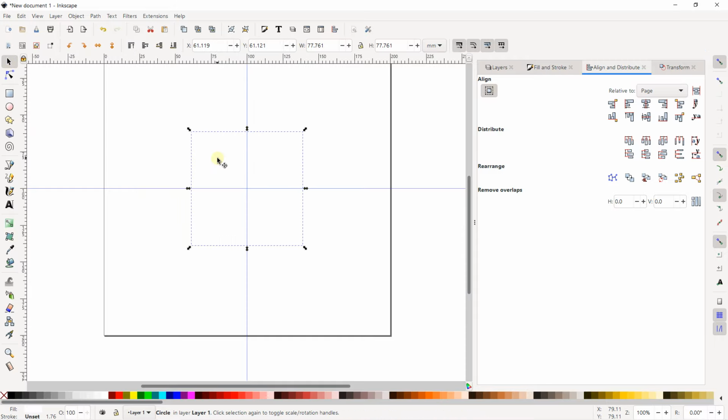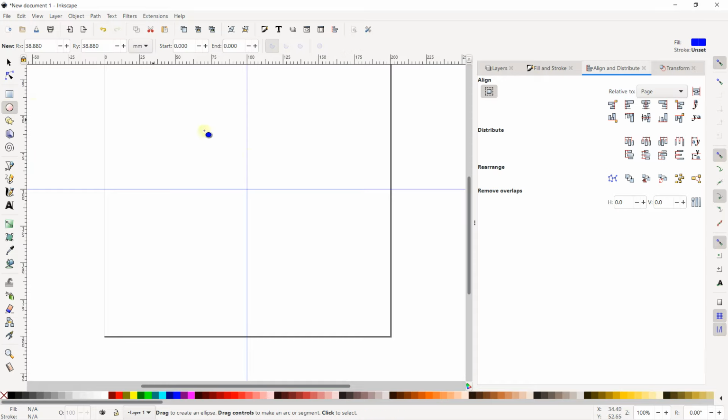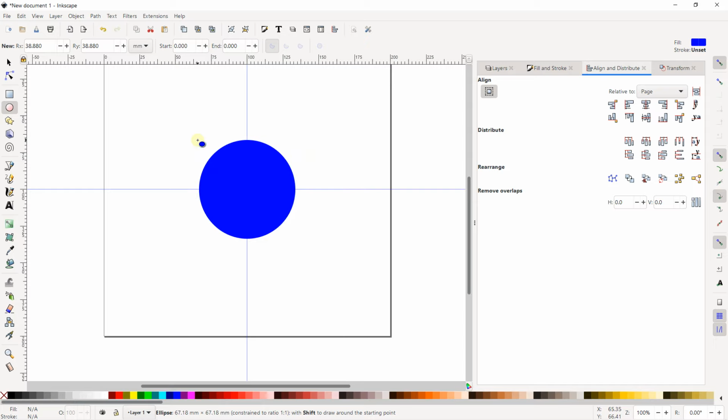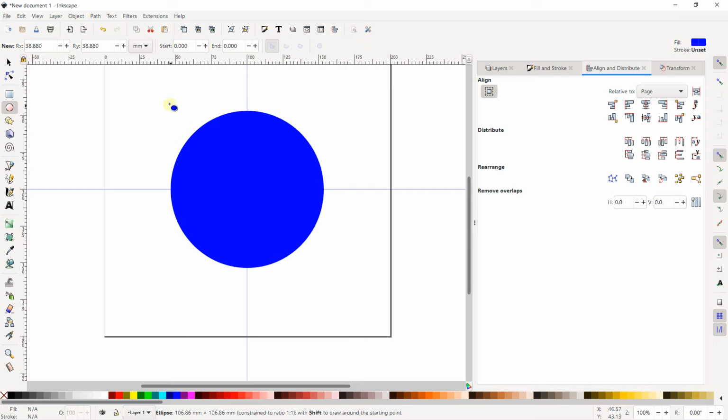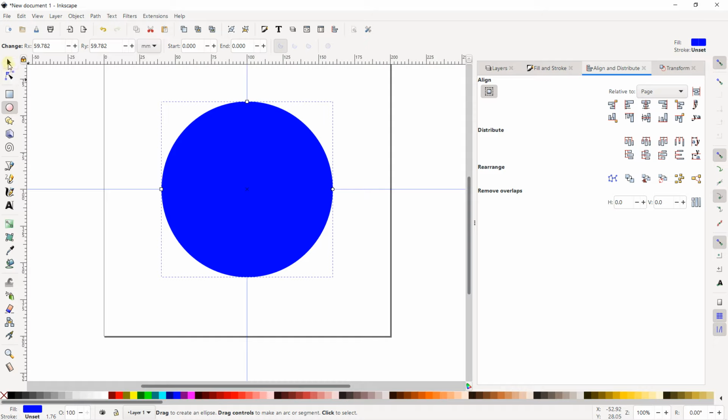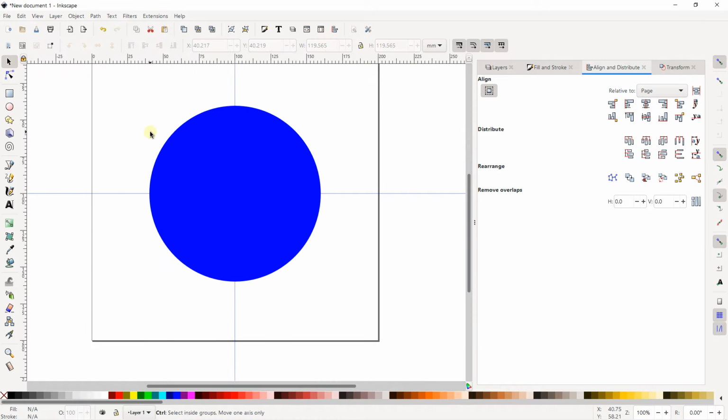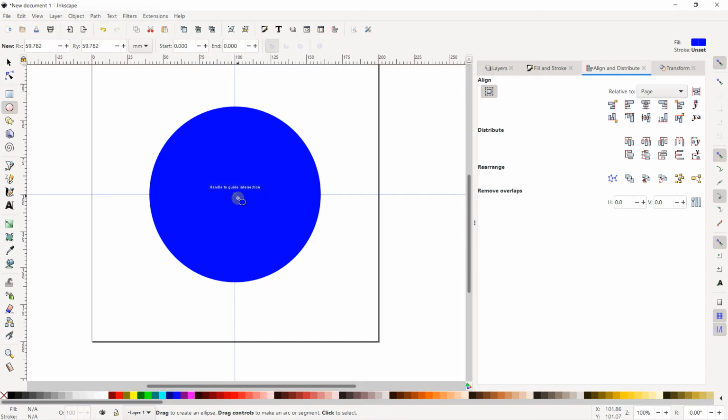Here it's not really good because we don't have color. I'm going to activate the blue color. So I can select this tool, snap in the center, and if you press Ctrl, you create a perfect circle. If you press Shift, you start from the center. So press Shift and Ctrl, and thanks to that, I created this circle exactly from the center. I'm going to show you again. Click on the circle tool and snap to the guide intersection if you keep the snapping options.